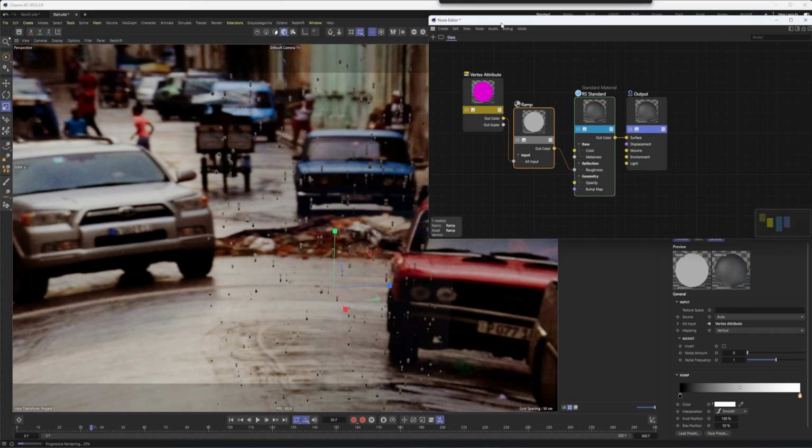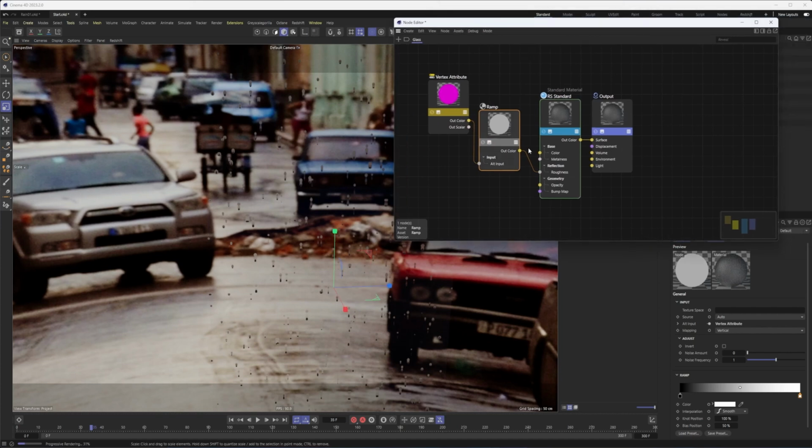You can see that actually changes this a little bit as well, probably due to some kind of color space thing. But now what we can do is work with our values here. So if you want the streaks to be more noticeable, bring the white knot in, and you'll see they become more noticeable.